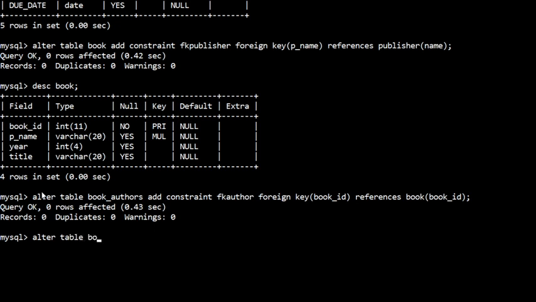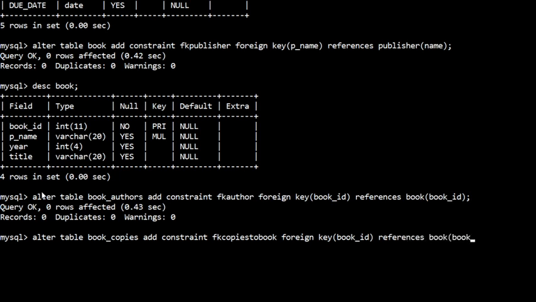Alter table, book copies, add constraint. I'll name this copies to book, and foreign key, book ID, references book of book ID.